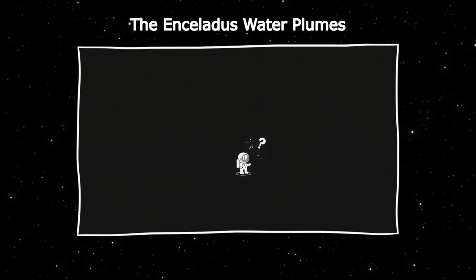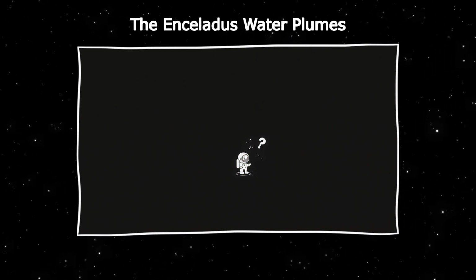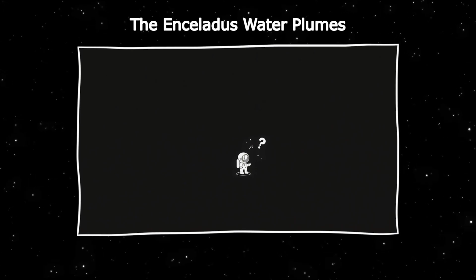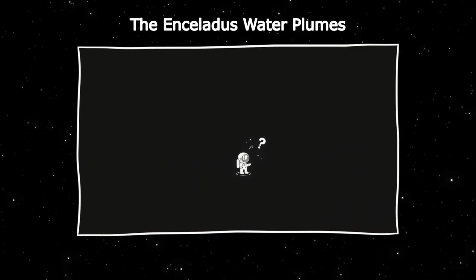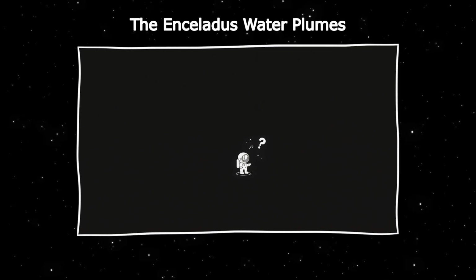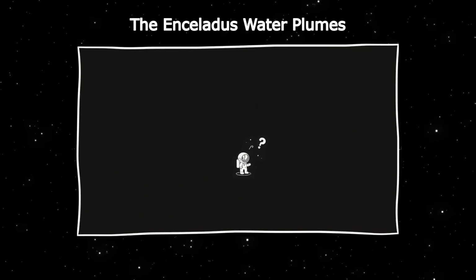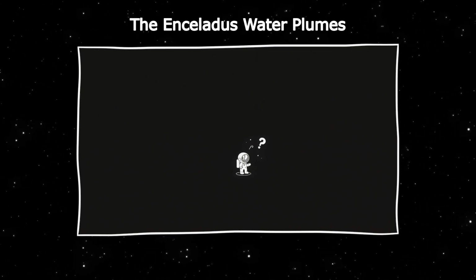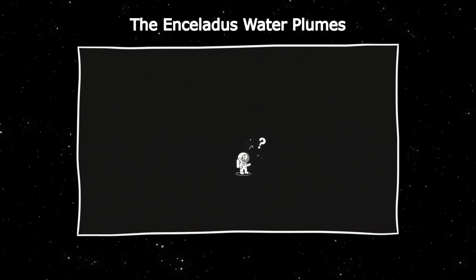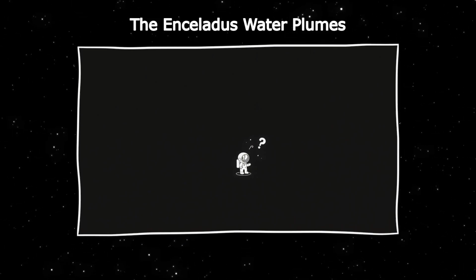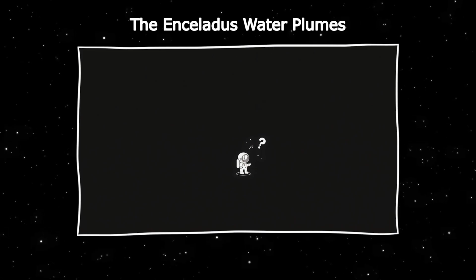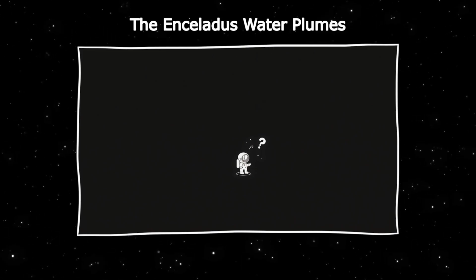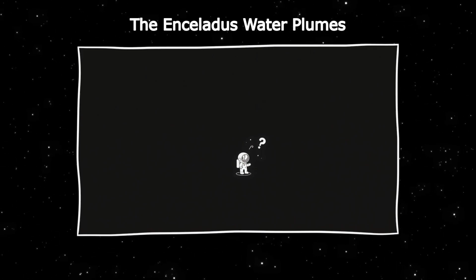The research surrounding Enceladus has not only reshaped our understanding of this moon, but has also expanded our view of where life might exist in the universe. Scientists are now investigating other celestial bodies, such as Europa, one of Jupiter's moons, which also shows signs of subsurface oceans. These discoveries mark a significant shift in our exploration of outer space, steering our focus toward moons and planets